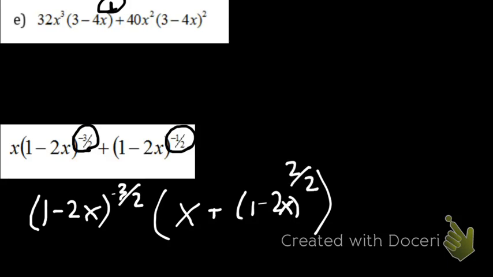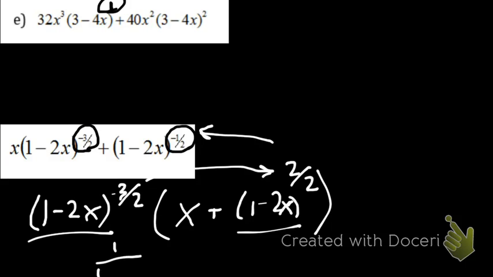If you were to distribute this back in, negative 3 over 2 plus 2 over 2 would give us negative 1/2, because when we multiply an exponent with one base times an exponent with the same base, we add the exponents. And then we'd be left with this term, 1 minus 2x to the negative 3 halves power,